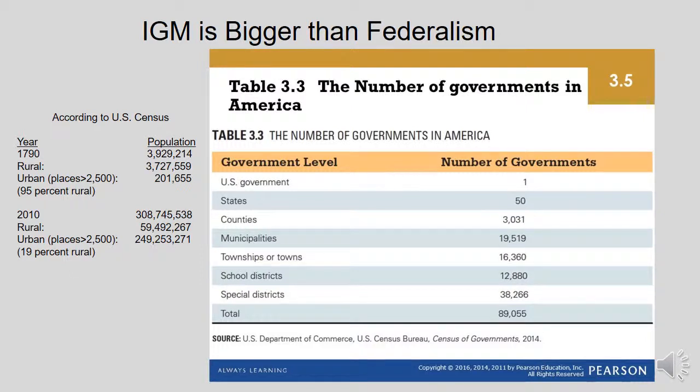It's other governments in the United States. So counties, municipalities, townships or towns, school districts, and special districts. So special districts are in a lot of states. In Nebraska, we have natural resource districts, we have sanitary and improvement districts. In some states, there are library districts, sewer districts, rural water districts. We have those in Nebraska too. There are weed districts, believe it or not. We have weed control boards in some rural counties.